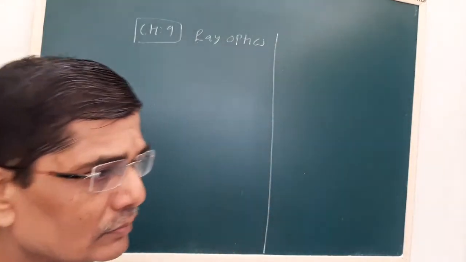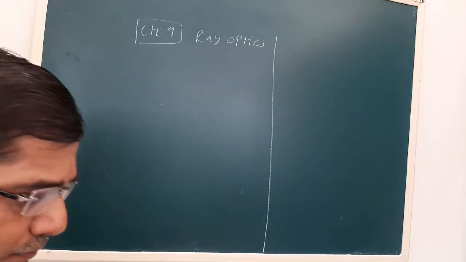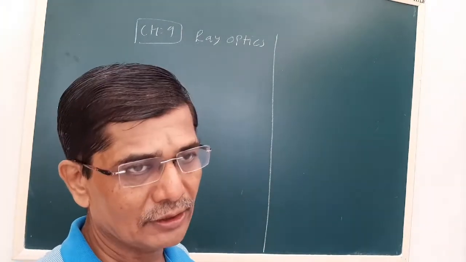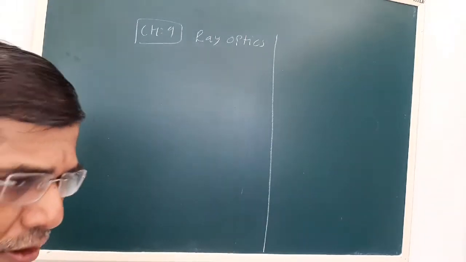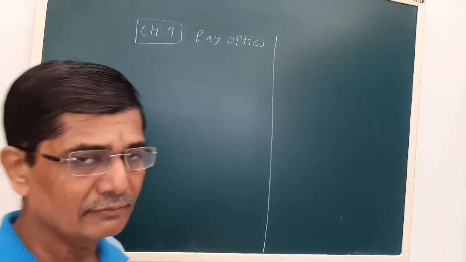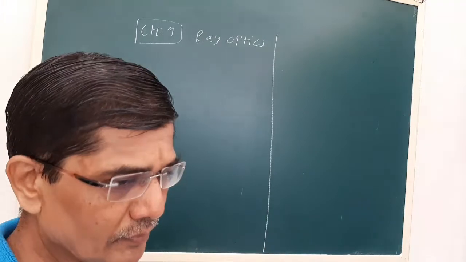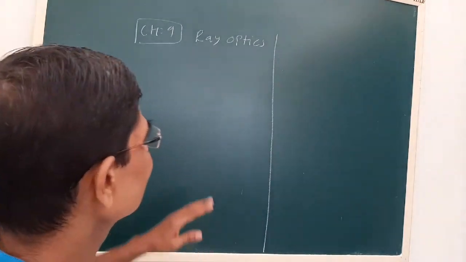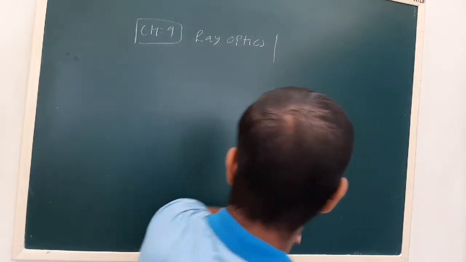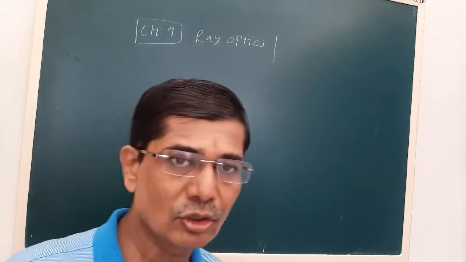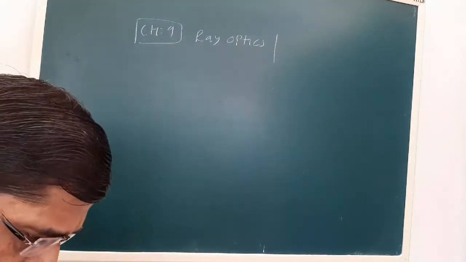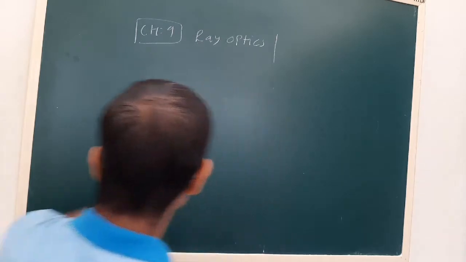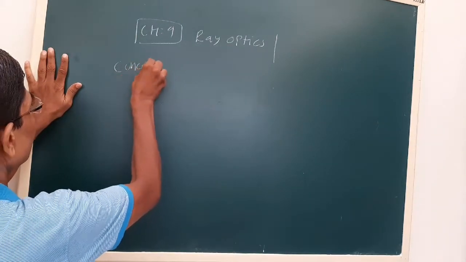Now, depending on the position of the object, we'll see where the image is formed. So in an MCQ or numerical, your answer should come accordingly. Now we start with the concave mirror. You studied this table in the 10th standard also, but for your reference, I am taking it again.